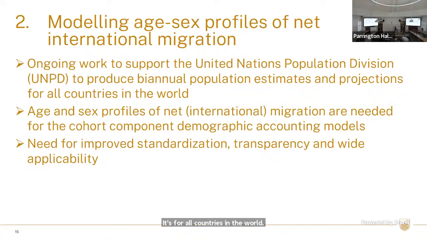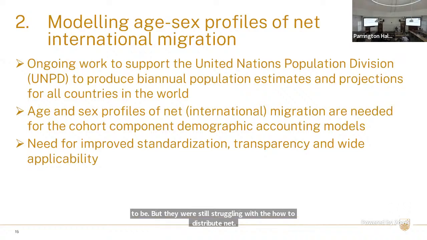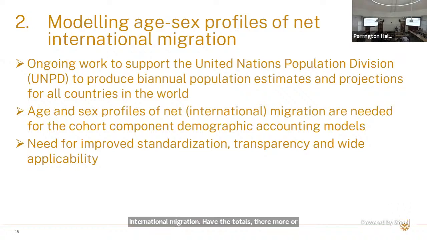They were struggling with, as many of you know, they've made huge advancements in their world population prospects estimates and in their projections. Everything's single year of age, probabilistic. They've just gone so much better than it used to be. But they were still struggling with how to distribute net international migration. They had the totals, which they're more or less happy with, but they had some specific problems, especially related